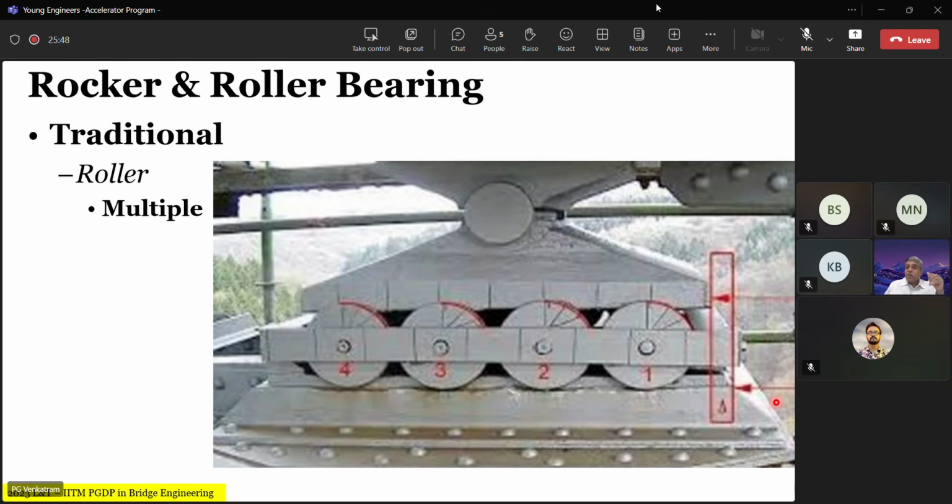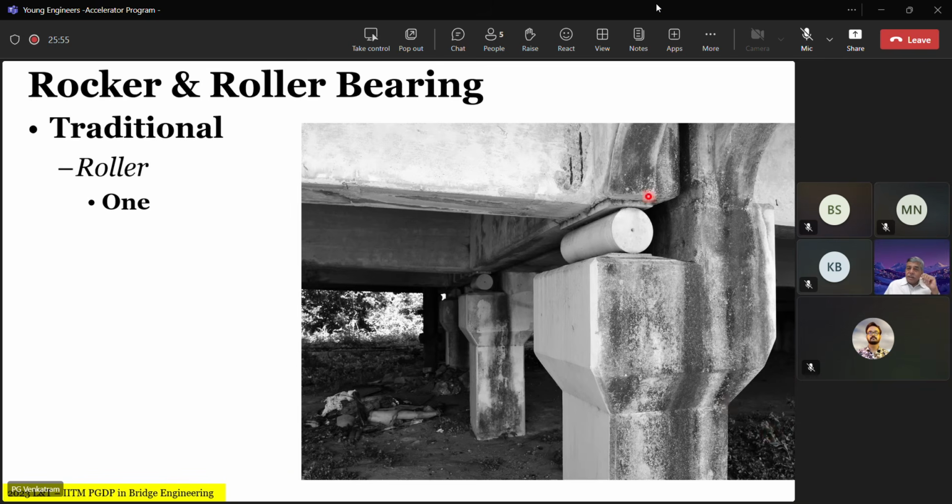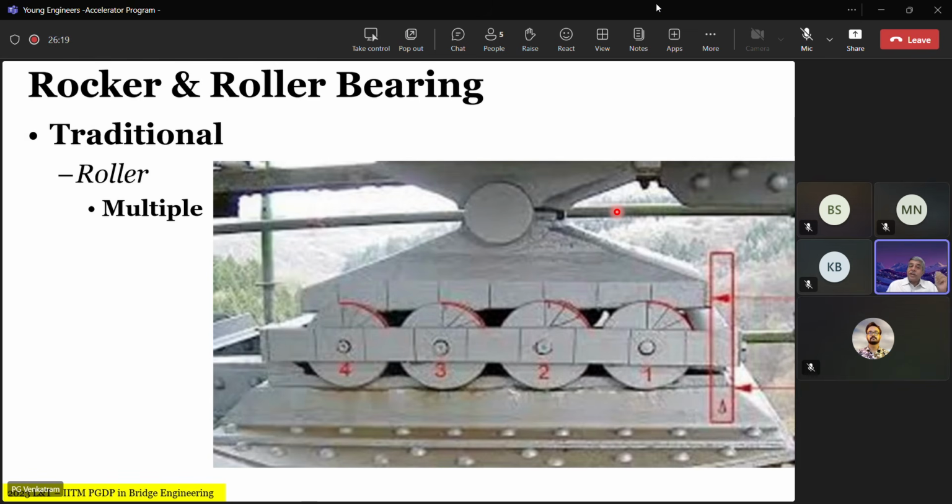Now you can ask, what's the difference between single roller and multiple roller? If you understand that the bearing stresses between the plate and a roller have also got a certain limit, you can't say that one roller will take 500 tons, 1000 tons, 2000 tons of vertical load. No. So when the load becomes heavier and heavier and the material properties are constrained by the choice of steel that you use, you may end up having to use multiple contact points so that you have